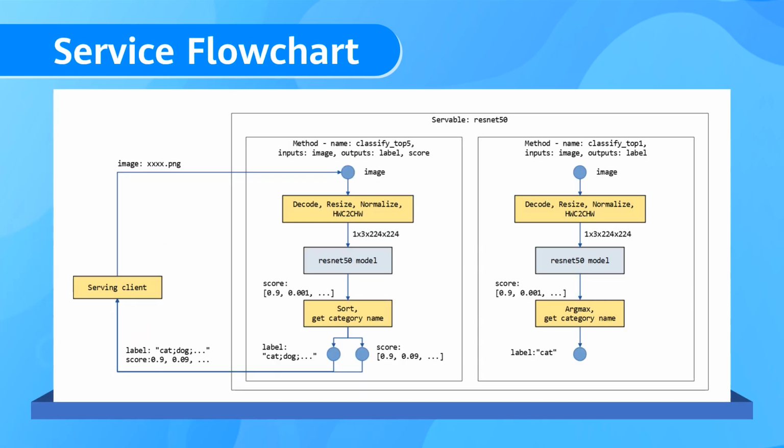Each subtask is handled by a separate method within the same servable. Now we will specify the name, input, output, stages, and data flows of each method. What do you mean by stages? A stage can be a Python function or a model. In your case, each method has 3 stages. Got it. For this task, we will prepare the files like this.